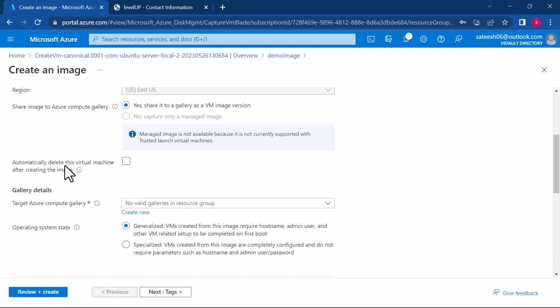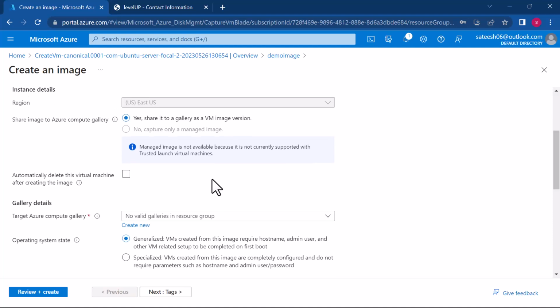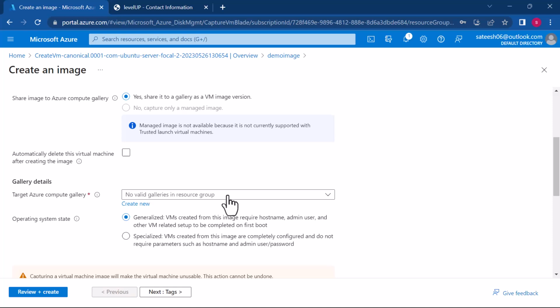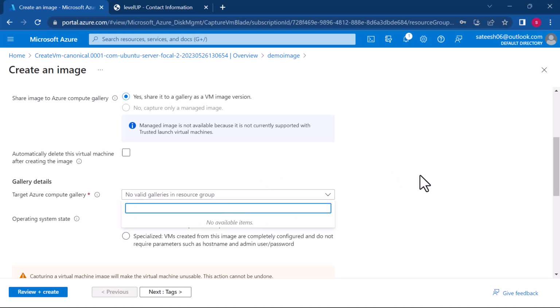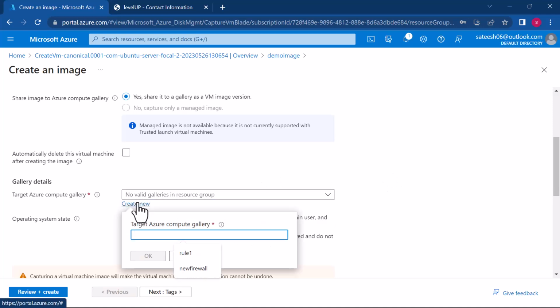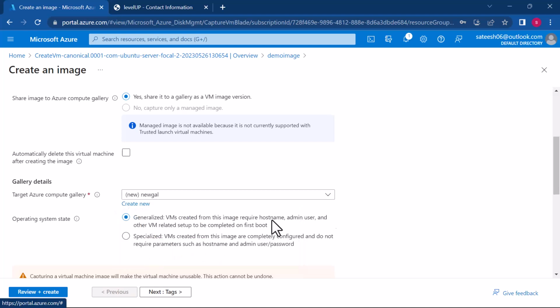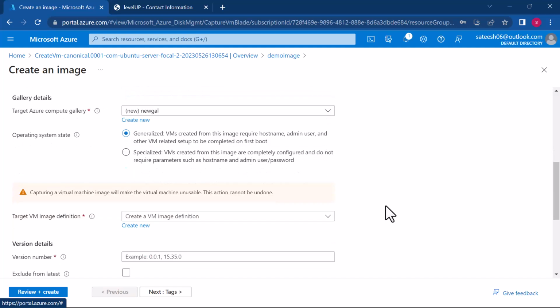So it is saying automatically delete this virtual machine after creating image. If I select this, the virtual machine will be deleted, but I don't want to do that. Now where do I have to store it, what is my gallery name? If you don't have one, you can create one. Okay, I don't have any gallery, so let me create a new gallery. Select option, okay. Okay, and then